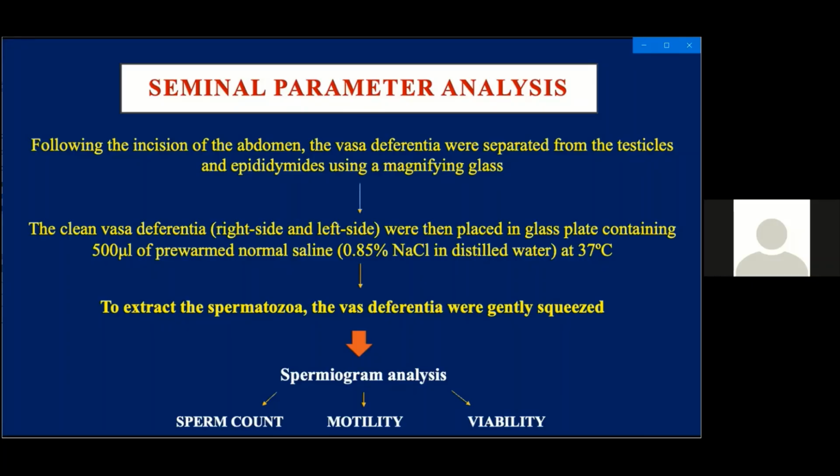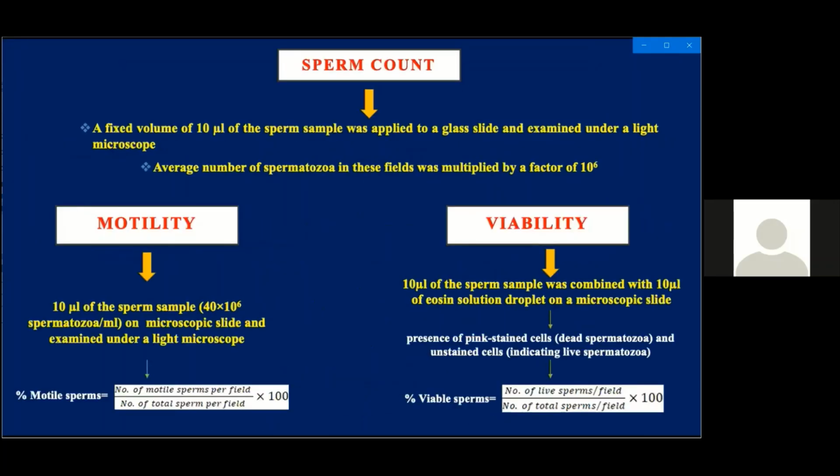Spermiogram analysis was done with regard to sperm count, motility, and viability. Under the seminal parameters, we did the sperm count, and we found out the percentage motility and percentage viability. For sperm count, a fixed volume of 10 microliter of sperm sample was applied to a glass slide and examined under a light microscope. The average number of spermatozoa in these fields was multiplied by a factor of 10⁶